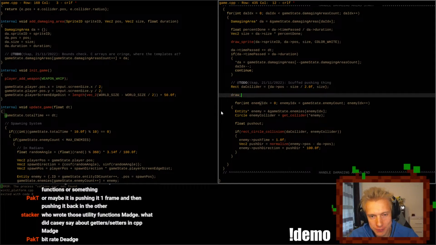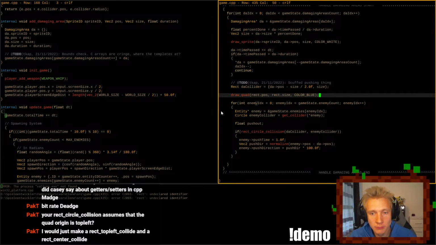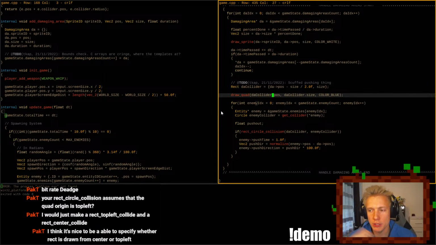How about that? I would just make a rect top left collide and a rect center collide. I think it's nice to be able to specify whether rect is drawn from center or top left.